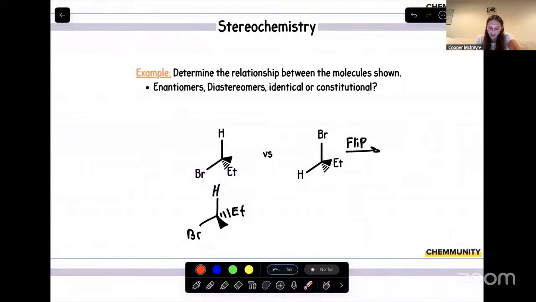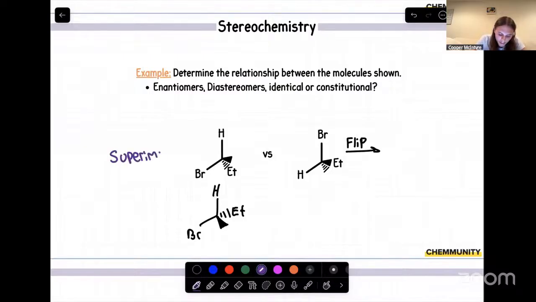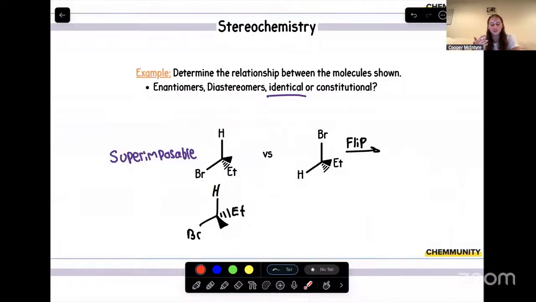If we're looking at them, our hydrogens are in the exact same spot. Same with our bromine. They're in the same position as well. Both methyl groups are wedged, and ethyl groups are dashed. Since everything is perfectly aligned, this means they are superimposable. And yet again, superimposable means we can perfectly align them on top of each other. Since we can do that, we're looking at the same molecule. So those molecules are what are called identical. You'll probably see that terminology a lot on exams, but these are just the exact same molecules from different perspectives.